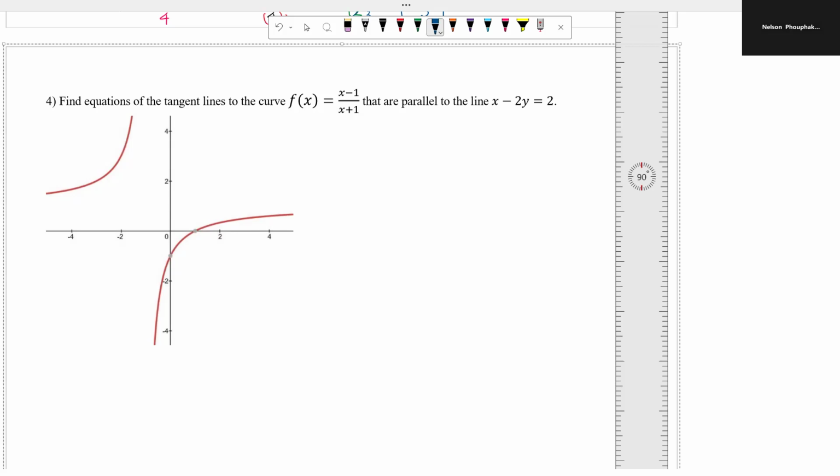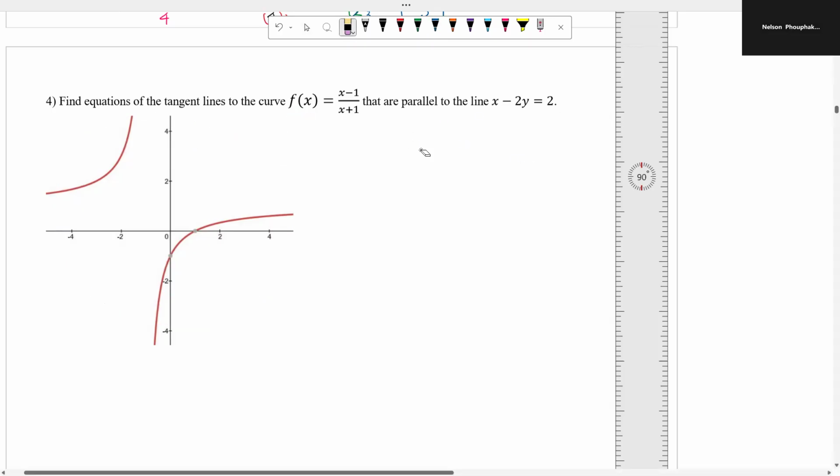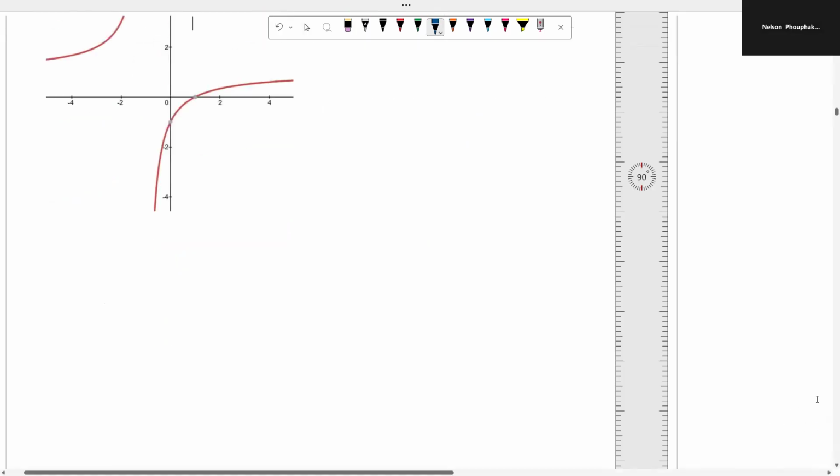Now most of the time, the problem may not give you the graph of f. Therefore, to work out this type of problem, I always start with the graph of f. So again, I need to find a way to graph it out. You could use your graphing utility to help you to graph it. And now, remember to work out this problem.